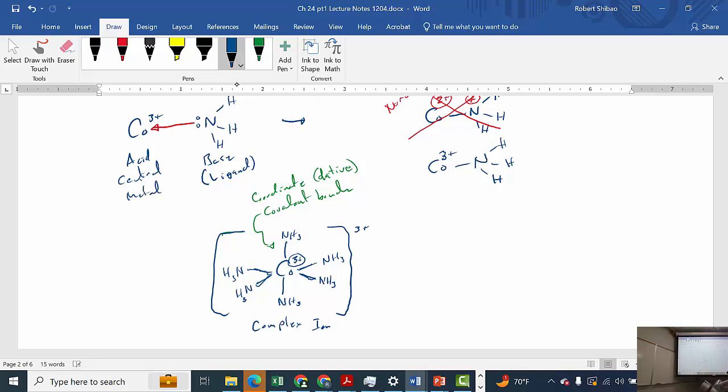The central metal, oddly enough, doesn't even have to have a positive charge. We could have neutral metal atoms being attacked by Lewis bases. And they also come by charge. So this is the oxidation state. And so when we name this complex ion, the name for this complex ion is going to be called